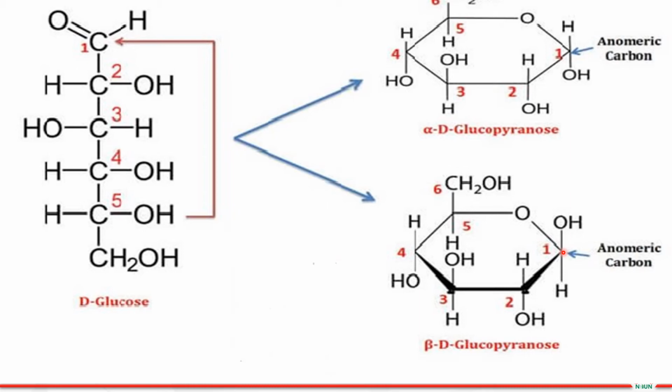By the time carbon 1 becomes cyclicized, it forms a stereocenter. You find out that carbon 1 is the only carbon that has 2 oxygen atoms attached to it. The other carbons have 1 oxygen atom attached to them. You can see, this is our carbon 1. It is attached to this oxygen and also this oxygen. And because it is attached to 2 oxygen atoms, we have another type of isomerism playing out in this structure,